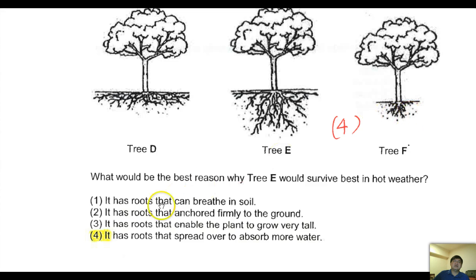Okay. Right, so number 4 is the roots have spread over to absorb more water. That is the simple logical reason. All right, it will survive because it has a spread, to absorb water from all over. Next,